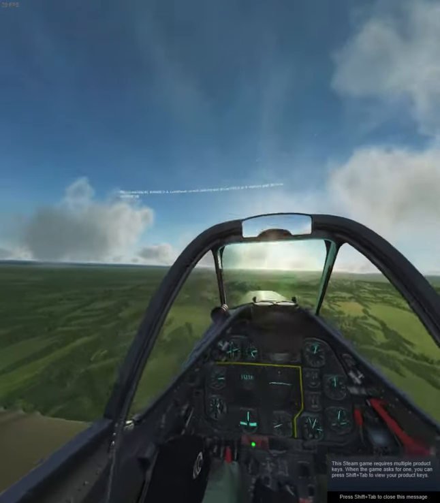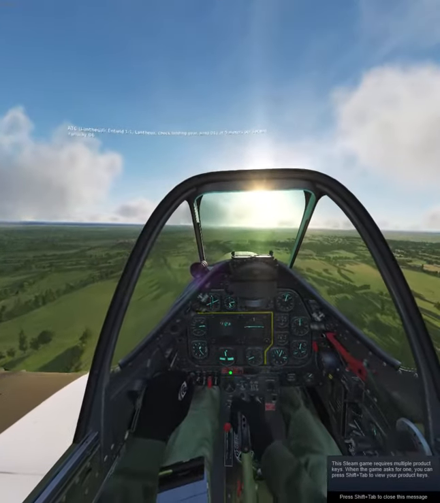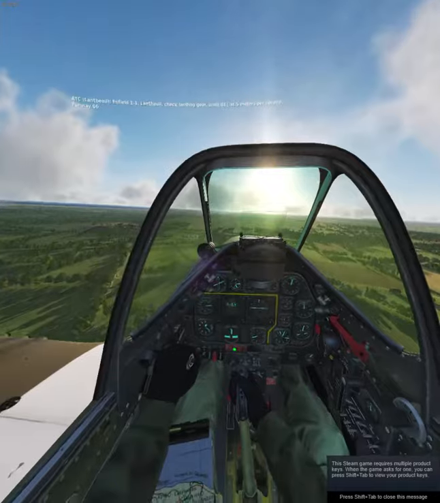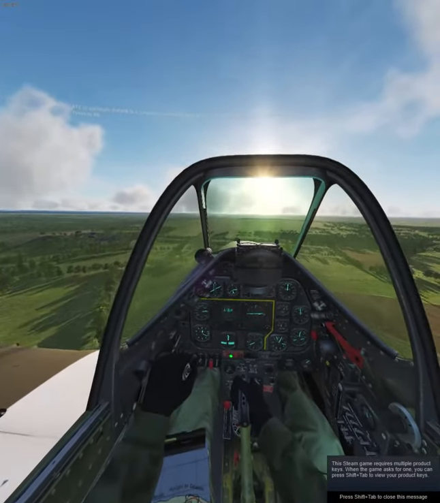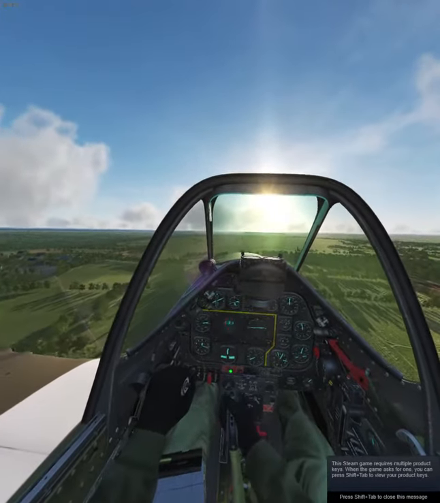Airfield 1-1, check landing gear. Thank you. 41 at 5 meters per second. Runway 06. Let's open up the canopy. Bit of fresh air in. Now we just drop the throttle right down to get this to